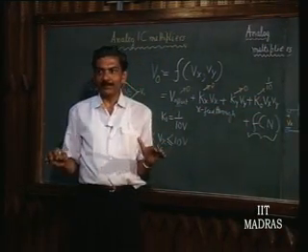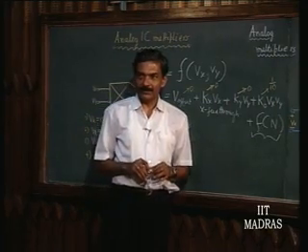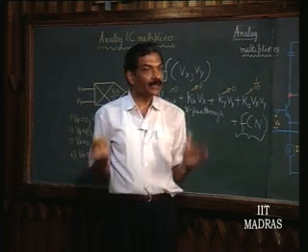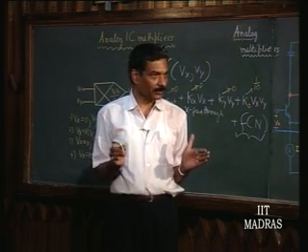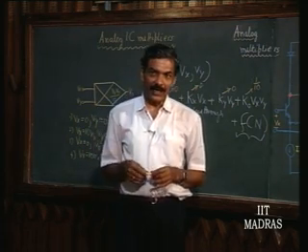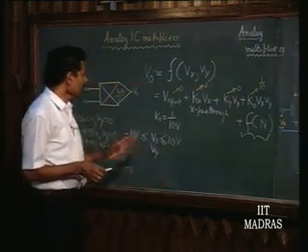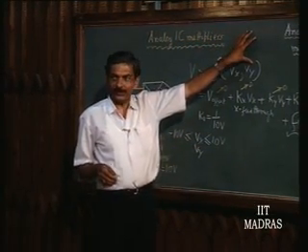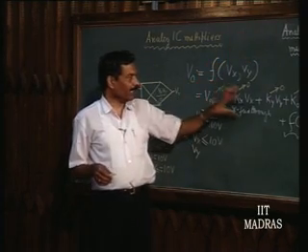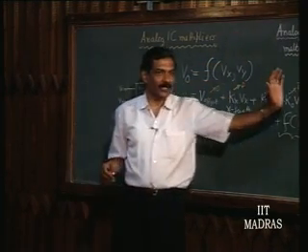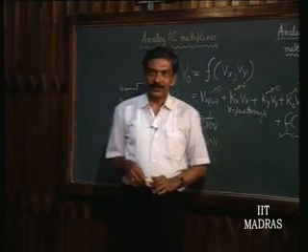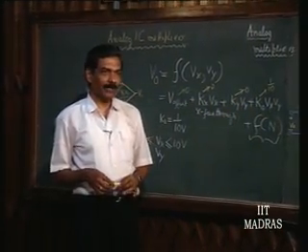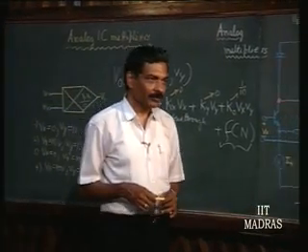So, when all these adjustments are made, then the multiplier is ready for use, not before that, if it is precision multiplication that you want. So, you can see that unlike the amplifier, wherein output is only a function of one input, wherein you have just offset and Kx times Vx and then nonlinearity coming into picture, here you have more adjustments to be made because it is a function of two inputs.